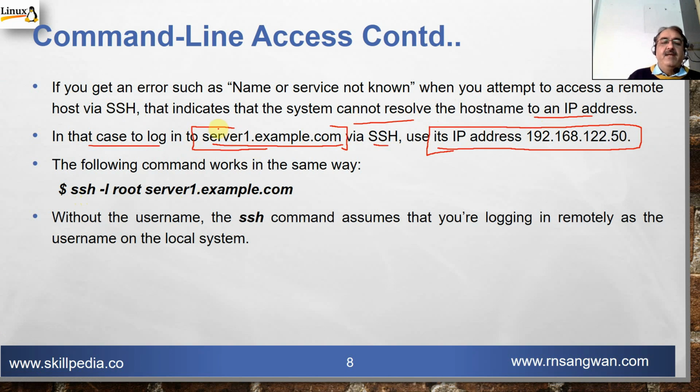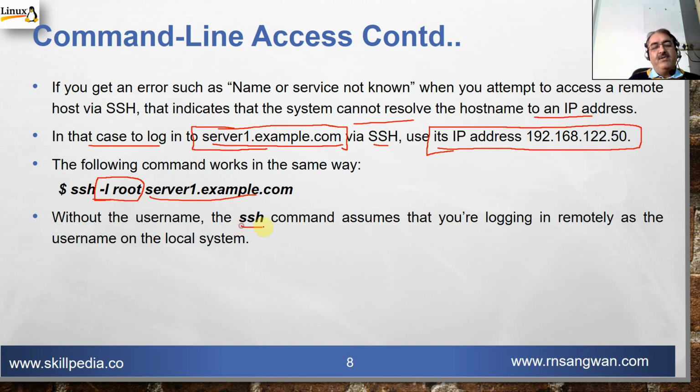How was that happening? Because there is a file under /etc/hosts, and I have added the IP address and the host name of both my servers in that file, and that is called the local resolver. I configured the local resolver, and due to that configuration, I was able to access the machine using the host name. The following command works in the same way. If you specify the username, you can use -l also: -l username, that is login, meaning the same.